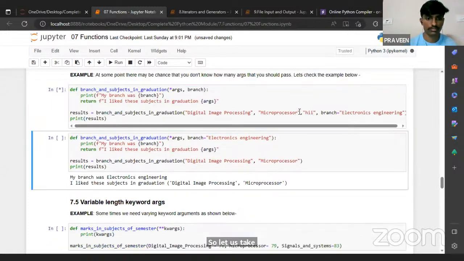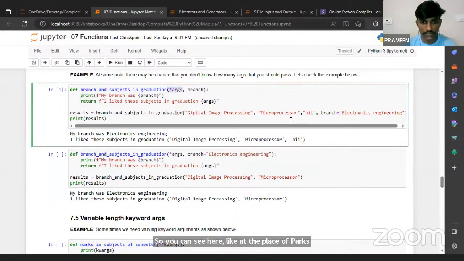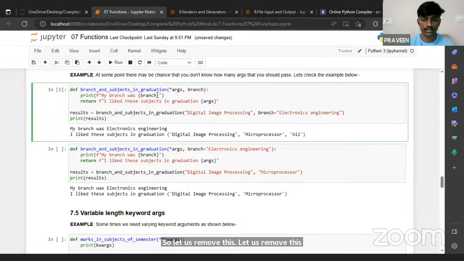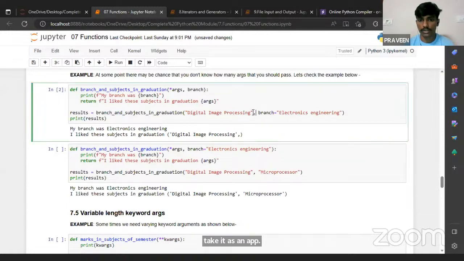So you can see here, at the place of args, last time we had only two things, digital image processing and microprocessor. But currently I have added hi here, so it's showing me hi. So let us remove these two and just take it as an app and run it again. So it is taking only digital image processing. So let me just add one more, like hi